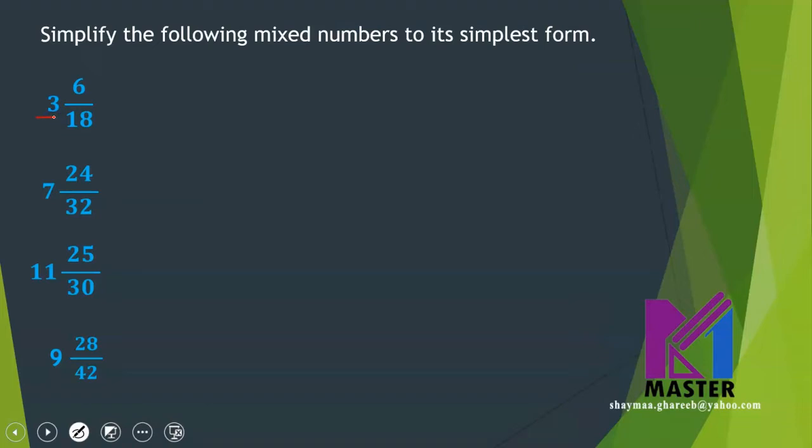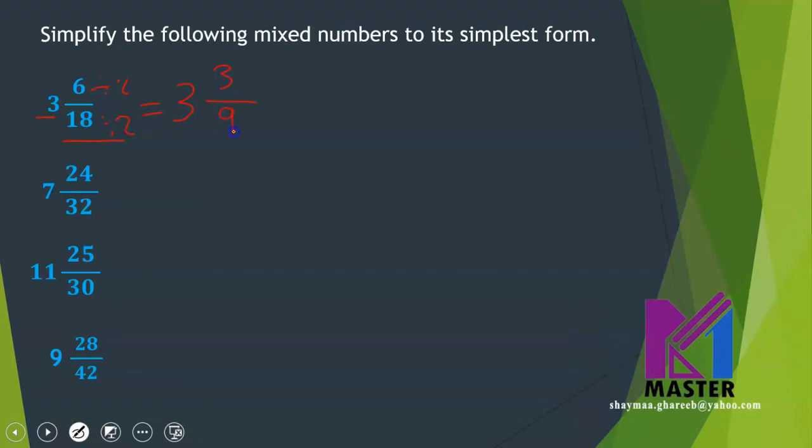So if I divide, for example, by 2 up and down, keep the whole number as it is and simplify the fraction part. 6 divided by 2 equals 3, and 18 divided by